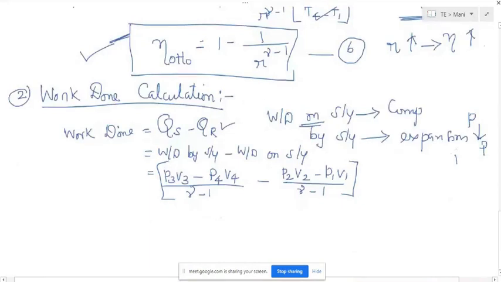Okay, so please refer to the polytropic process work done formula. Based on that, I am giving here the expansion process, which actually takes place between 3 and 4, so I give the numbers as 3 and 4, and work done on the system takes place between 2 and 1. That is the compression process, so I give the formula like that. Okay, then from here,